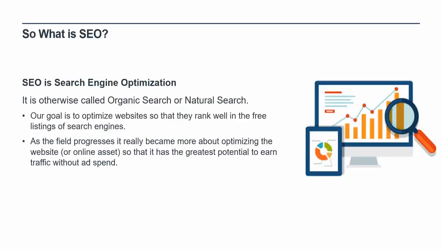So what is this acronym that's on the screen? What is SEO? SEO is search engine optimization. It's otherwise known as natural search. You'll hear me call it organic search. Basically what we're talking about is how do we use a search engine, Google, Bing, Yahoo, to get free traffic without any sort of ad spend. So that is the topic of discussion today. And I am the SEO director here at Pepperjam. So I'm part of the Pepperjam family, and I'd like to give you guys every last ounce of knowledge that's floating through my head so that you could be part of our network and rank your website higher as well.